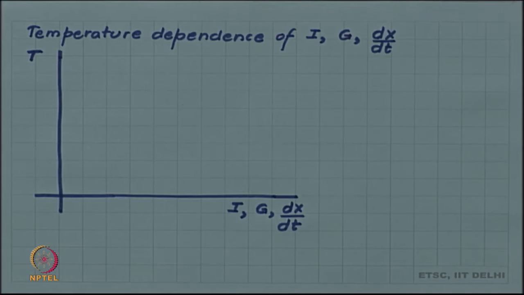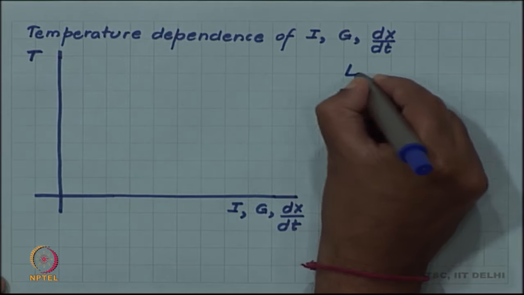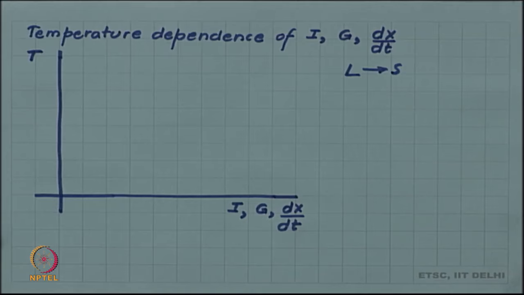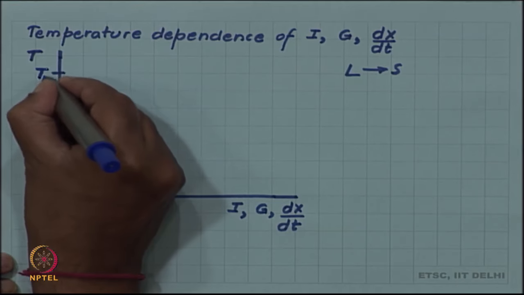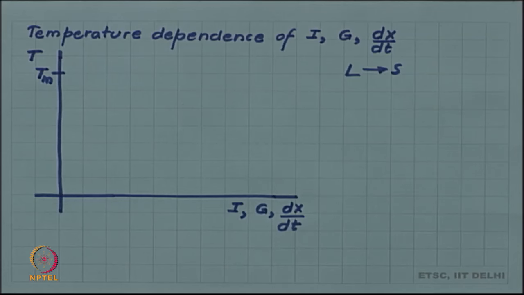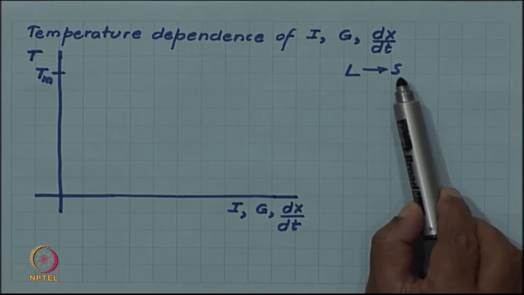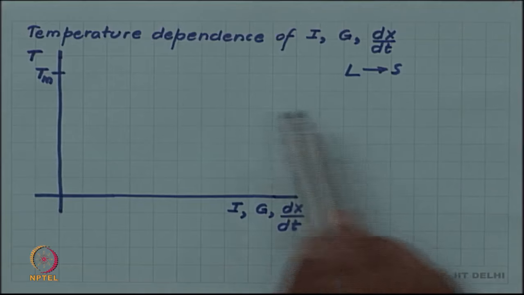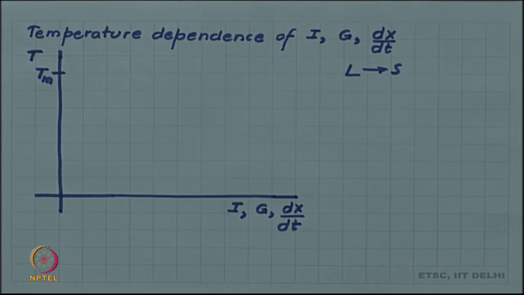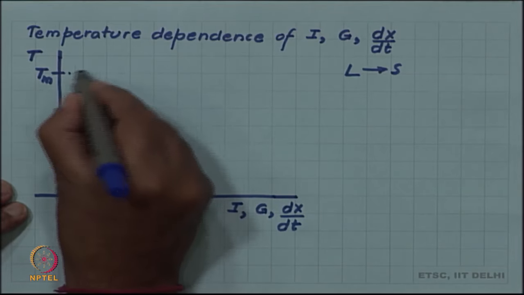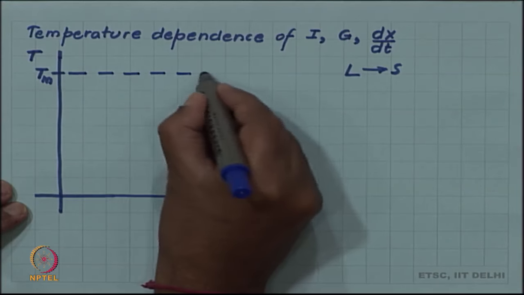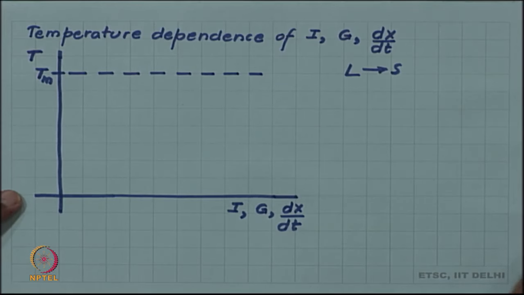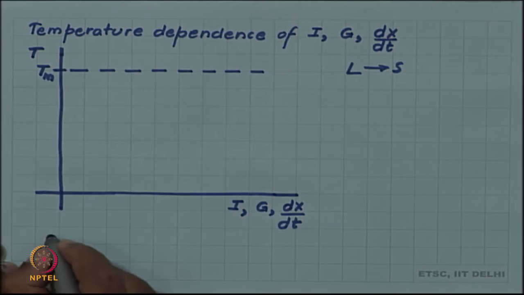And let us, for example, think of solidification. So, we are talking of liquid to solid transformation. So, there is the critical temperature for this, the melting temperature Tm, and above the melting temperature there will be no freezing, no solid will be forming. So, all these rates will be 0 above the melting temperature. There is no question of any transformation from liquid to solid above the melting. So, all these rates exist below this melting temperature. So, we can draw a line at Tm, and we have seen that the nucleation rate, let us say I is the nucleation rate,